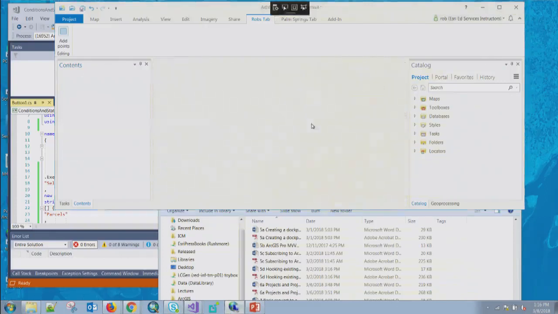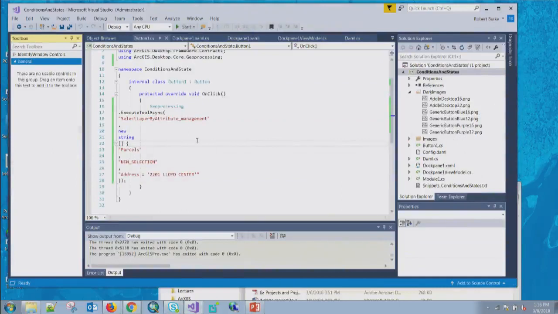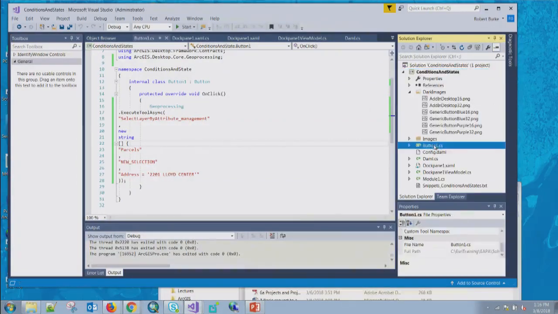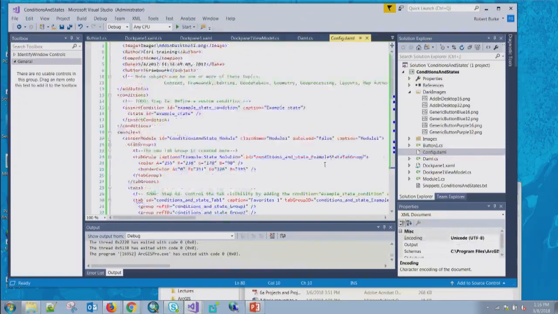Maybe it's failing because of my code here. All right, hold on now. Let's see. Where is that button? Here's button 1. It's right there. Let me take a look at the DAML and the config.daml, and let's see where button